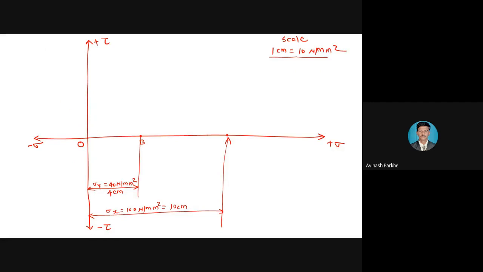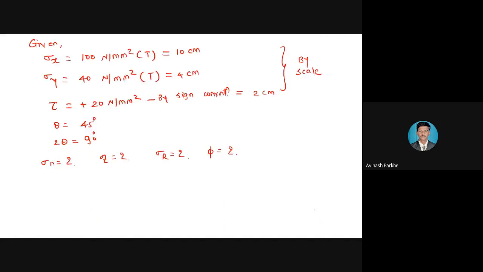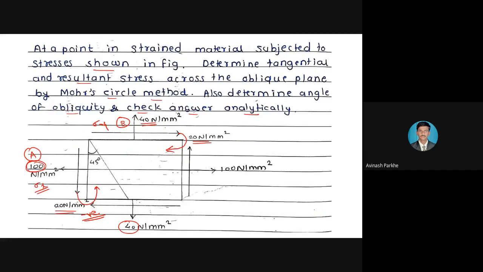Now please tell me, above the x-axis this is the positive region and below the x-axis this is the negative region. Then tell me, according to the given sign convention, major principal